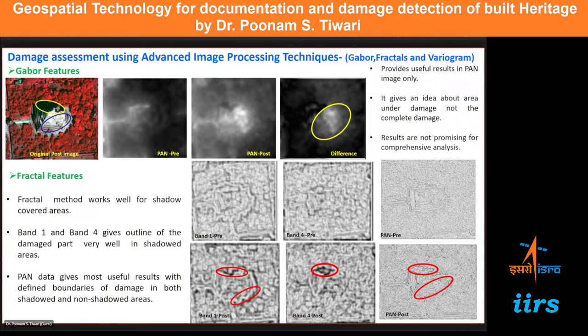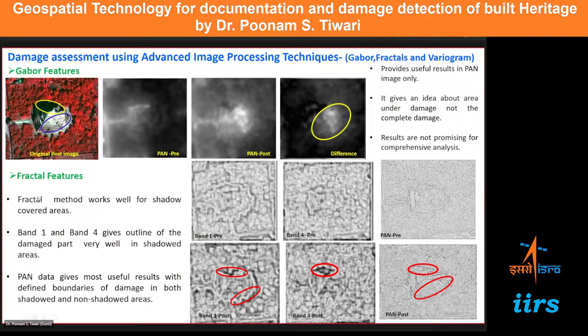Because these are high-rise structures, so even if we are taking a satellite image, one part of it goes into shadow areas. Whatever damage has happened in the shadow area is not being extracted using the texture method that we have used. So by using the advanced image processing methods,